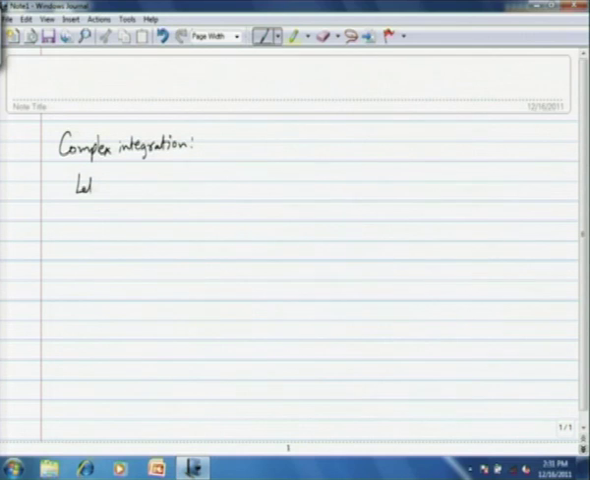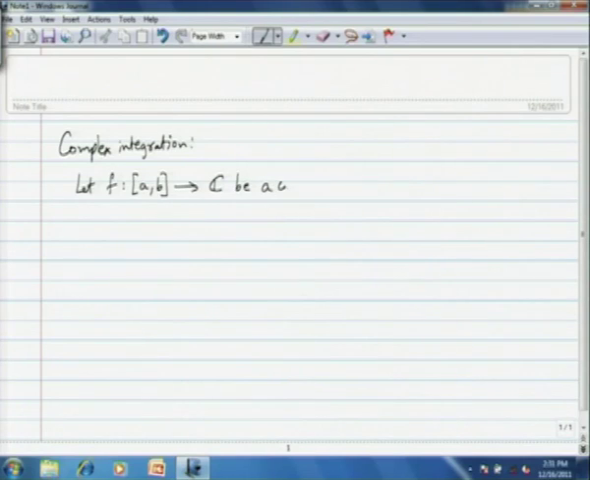Let f from, let us say, [a, b] to C. Here [a, b] is a closed and bounded interval. Okay. It is a subset of real numbers, of course. Let this be a continuous function. Okay. And let